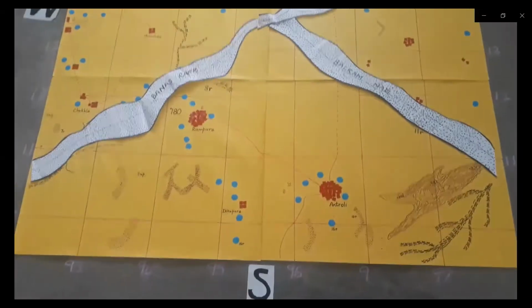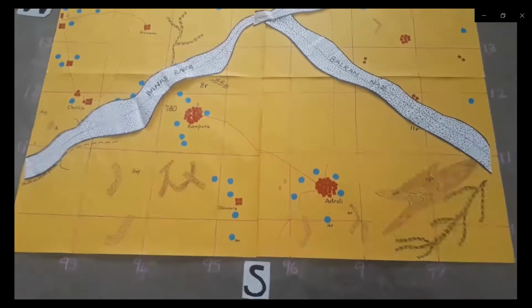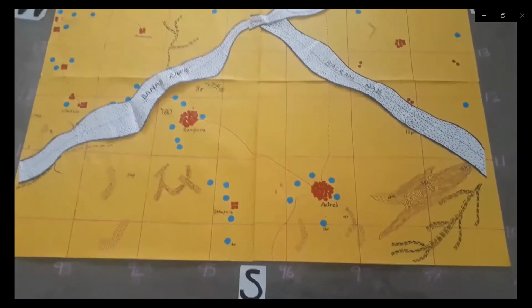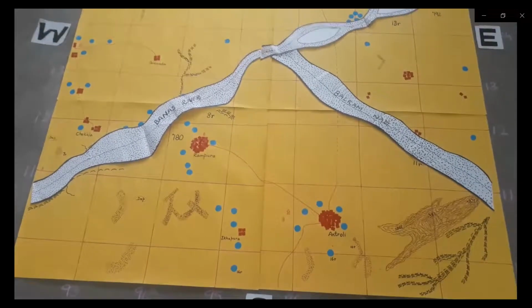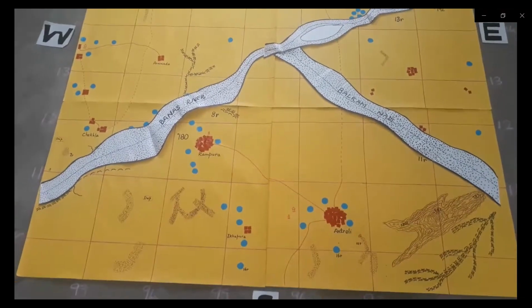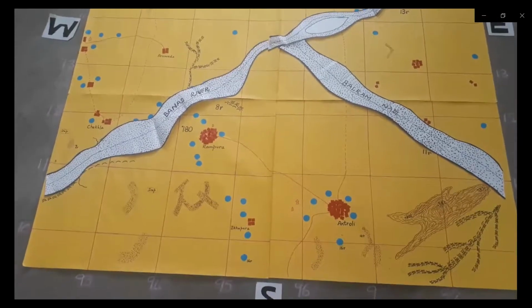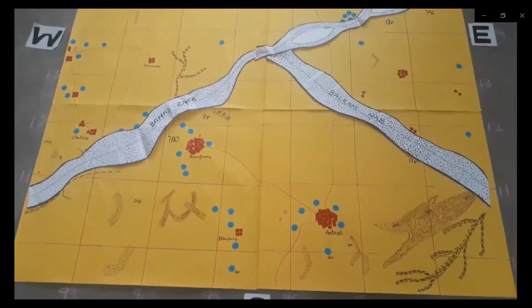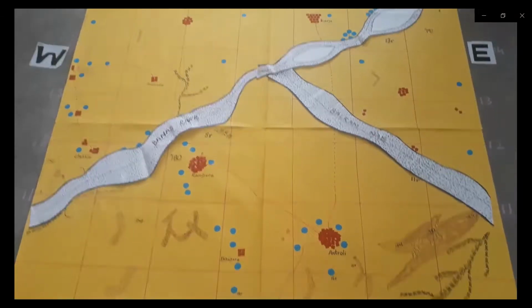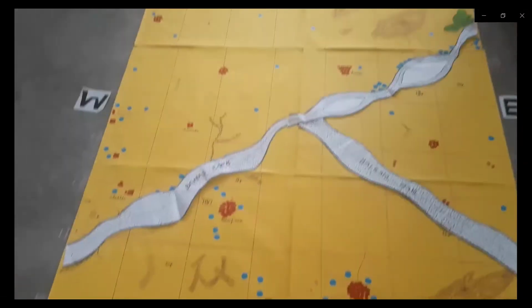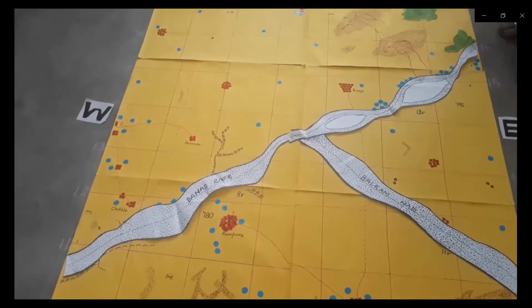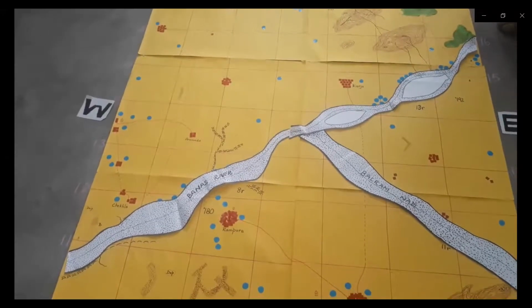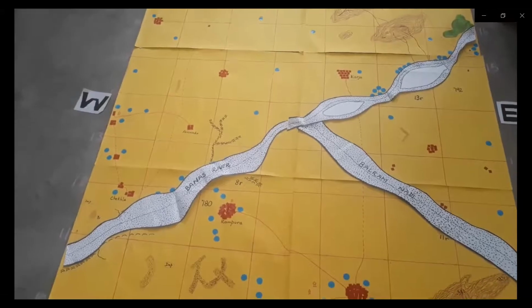imagine you are standing at the source of the river. Source of the river means from where the river begins. So that means when I am standing at the source of the river, if I am facing the river, my right hand will be the right bank of the river. And my left hand will be the left bank of the river.